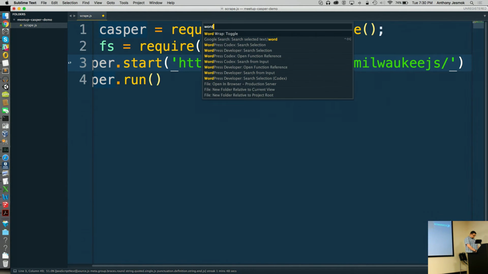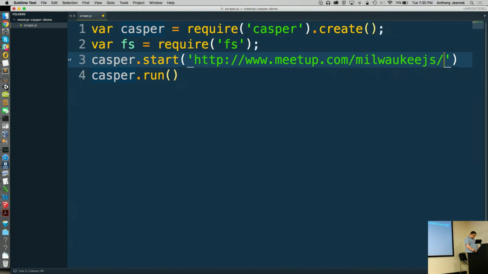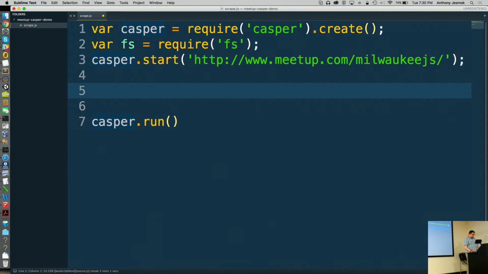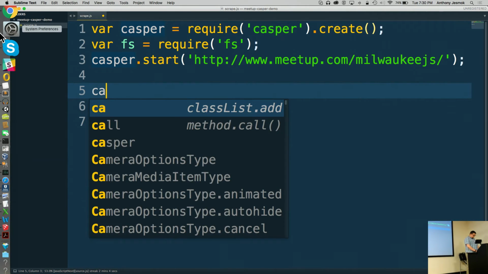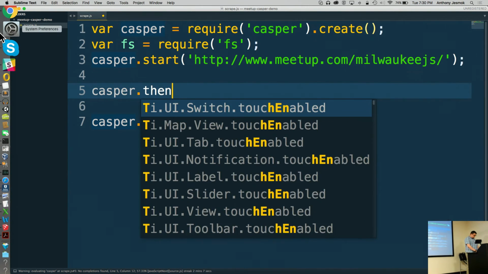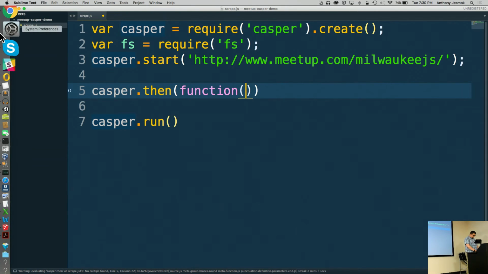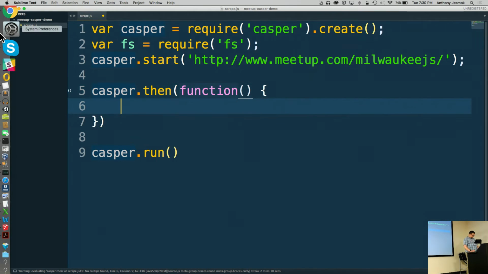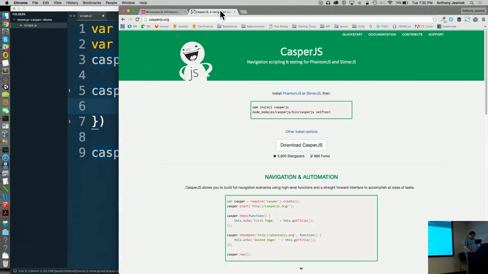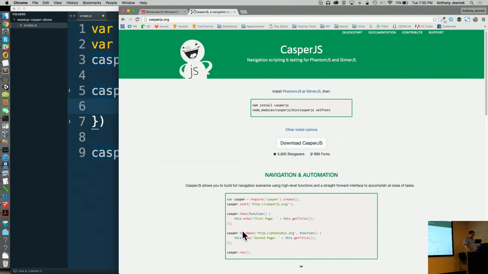Word wrap will go on. So casper.start, casper.then. Casper.then means that we're going to do this.